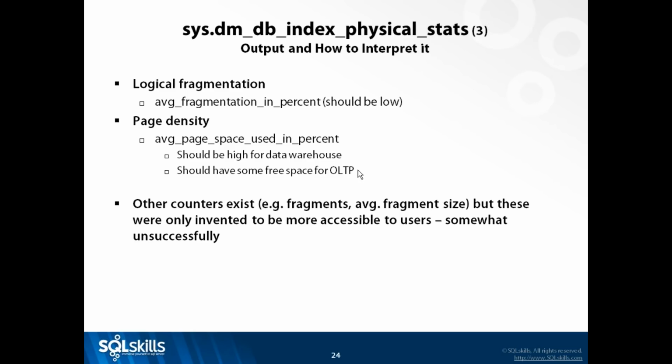And then you look at the number of pages. Those are the 3 things you have to care about. Okay? You don't have to look at fragments or fragment size. It mentioned these in books online because when I redesigned the DMV instead of show-config, we figured let's invent some new way of thinking about fragmentation to make it simple. And I think we failed dismally because this is just as complicated as anything else. So you can just look at logical fragmentation, page density, number of pages. So let's have a little look at using the DMV.